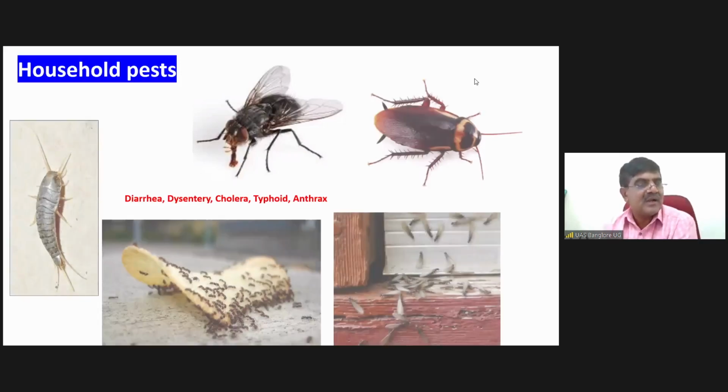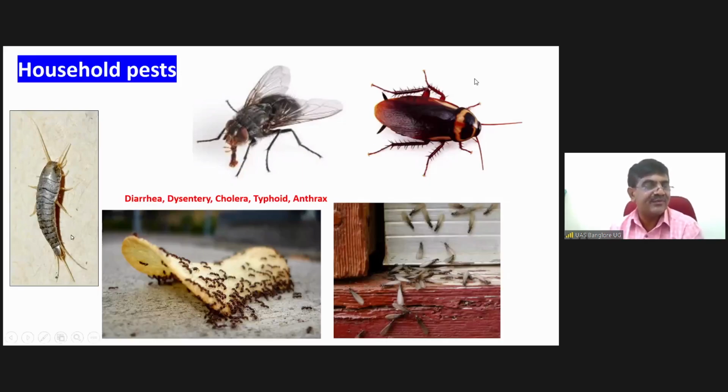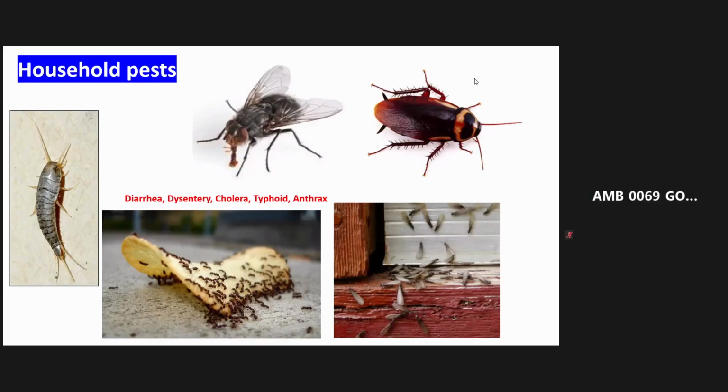Apart from housefly, we have other household insects like this silverfish. If you have old books or old newspapers, and you open them, you can find this silverfish. Ants also are a major pest of furniture. There may be some termites that might be damaging. And as all of you know, in every house you might have found cockroaches that act as a household insect pest.